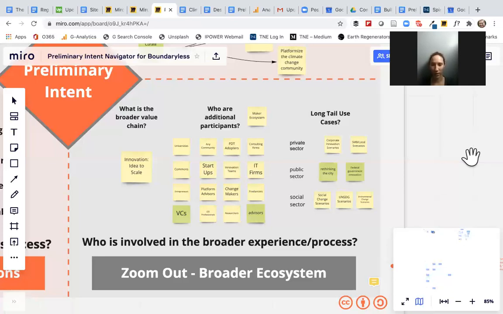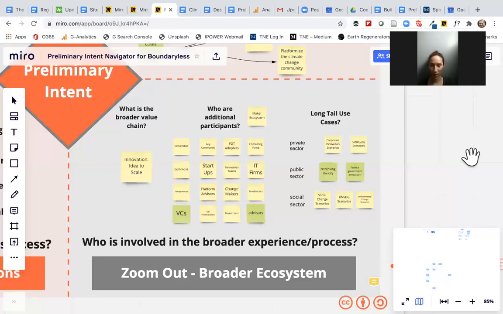So the point is to recognize that you're actually part of a pretty broad and complex ecosystem and socioeconomic system, and we want people to think about all the impacts that they have beyond just the initial business partners they might be thinking of. After you ask them what the broader value chain is, and that might require some discussion, you ask them what additional participants that brings in, and you list them out. That can become a good reference later when you're figuring out who you're designing for.